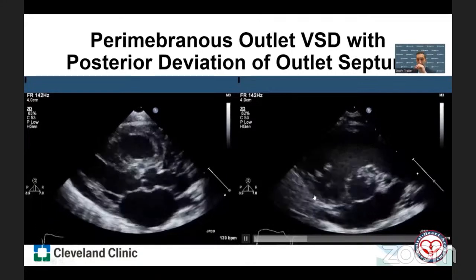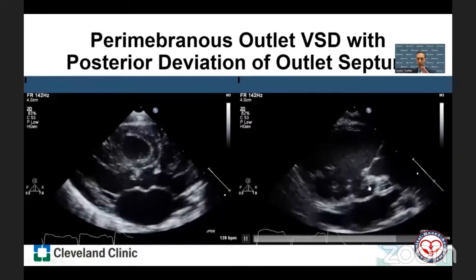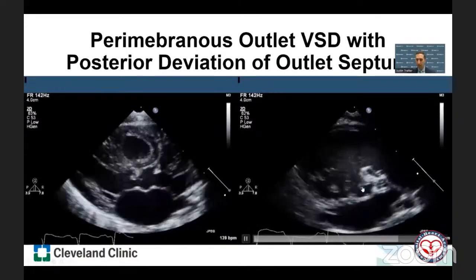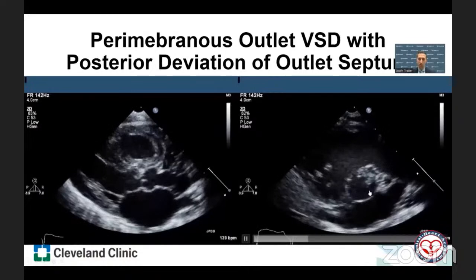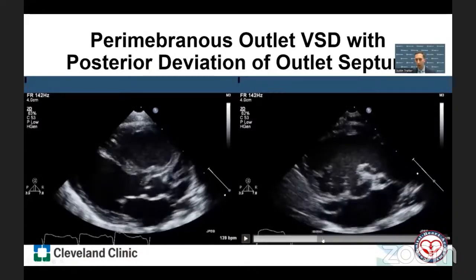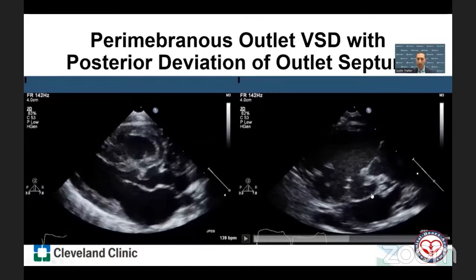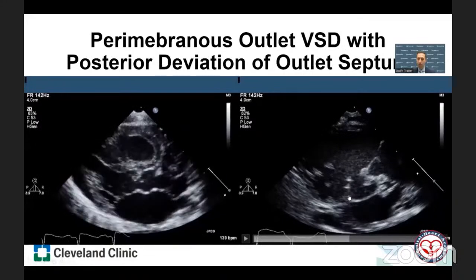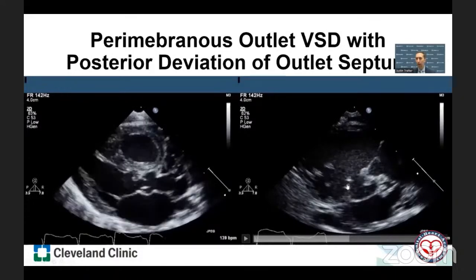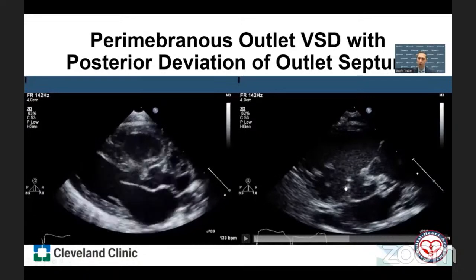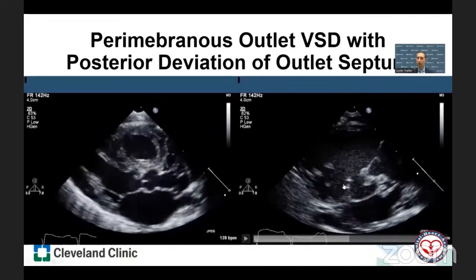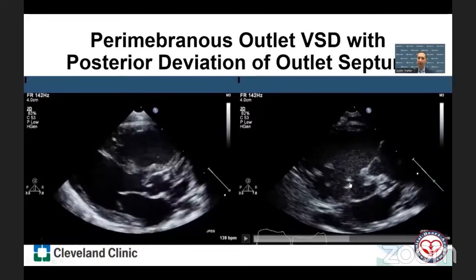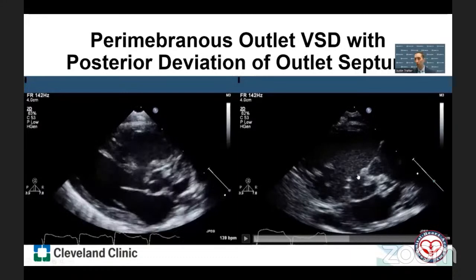And if we look at the parasternal short axis view, which is going from the aortic root down into the left ventricular outflow tract, we again see the outlet septum deviated posteriorly down into the left ventricular outflow tract. And if we look at the borders of the defect, there's the aortomitral fibrous curtain, the right fibrous trigone, the roof of the infraseptal recess, the septal leaflet of the tricuspid valve, is in fibrous continuity with these structures. So there's fibrous continuity between the AV valves. This is perimembranous. The defect extends from around 9 to 10 o'clock towards around 12 o'clock.